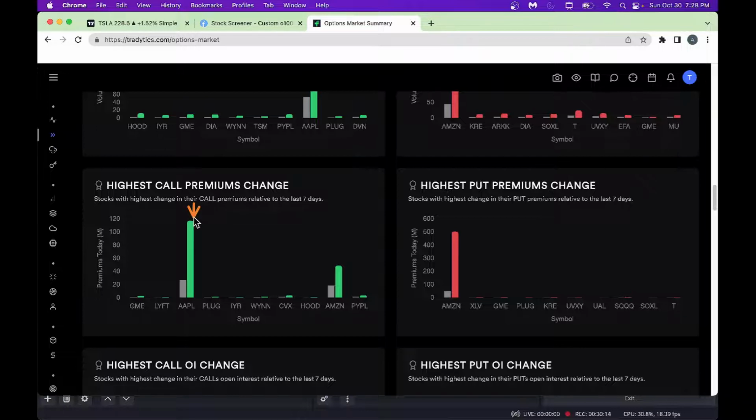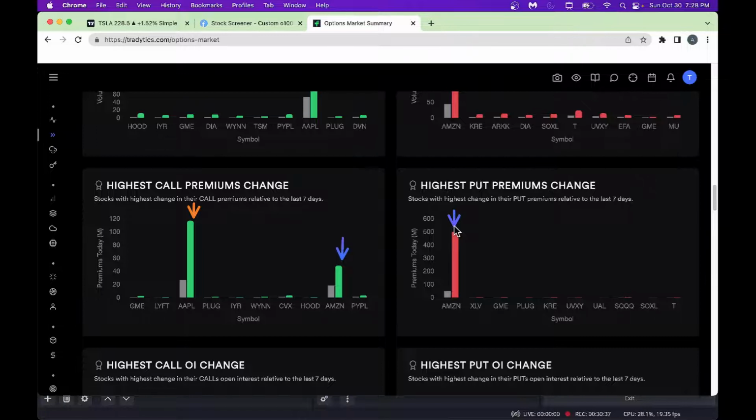Nice and high call premium change. Amazon stock is beaten down. Folks are buying it. You could also play along with these big whales here and buy some Amazon calls. It's a good turnaround story. At the same time, folks are cautious. They're buying more put options here. So people are playing both sides of the game here.